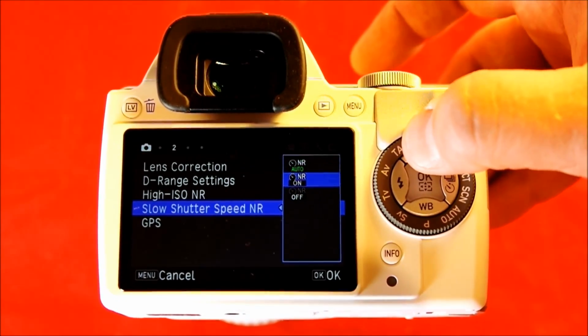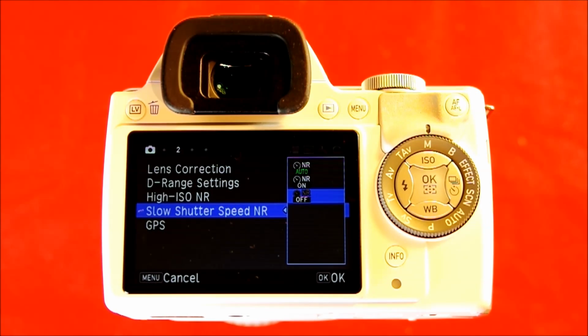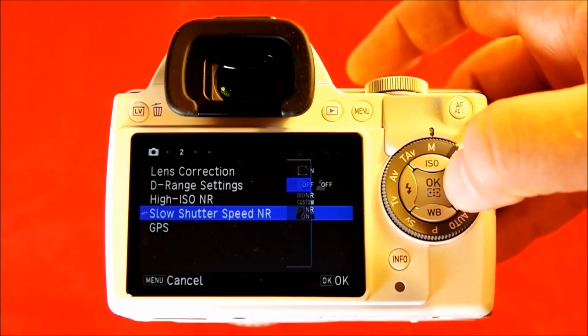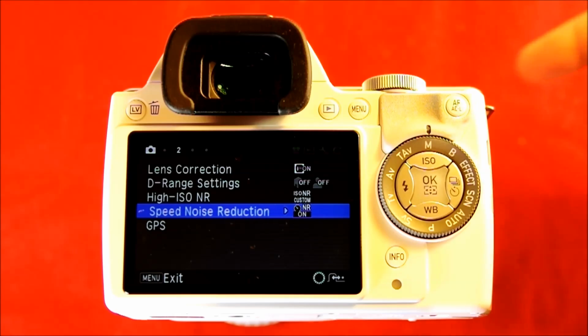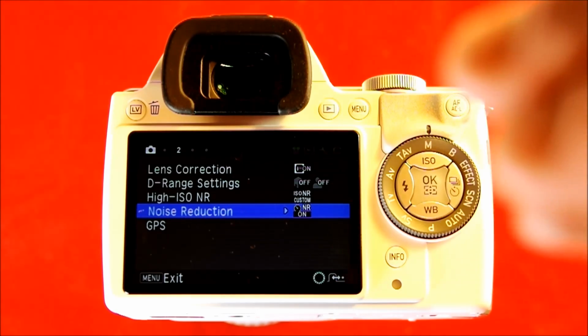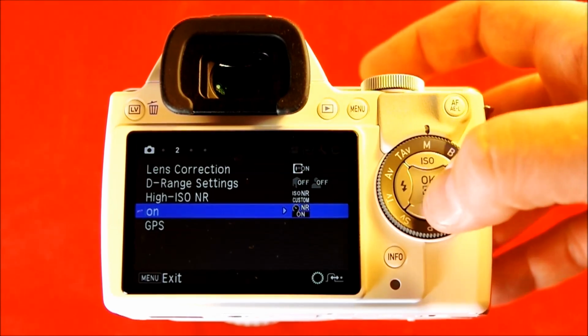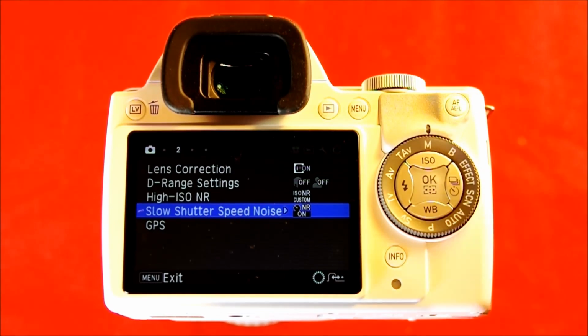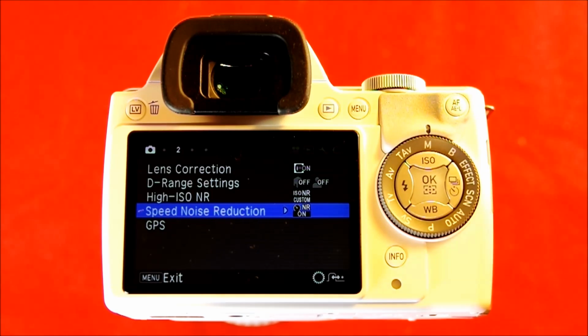This has on and auto. Now what this means is that, let's say you take a slow shutter image. What this will do is, if you press the button once, it will take the photo, and then it will take it again, and it will compare those two images and use those two images to eliminate noise from the one that it's going to actually keep. Both of the images will be the exact same length. So if you're taking a 30-second image, it actually takes a